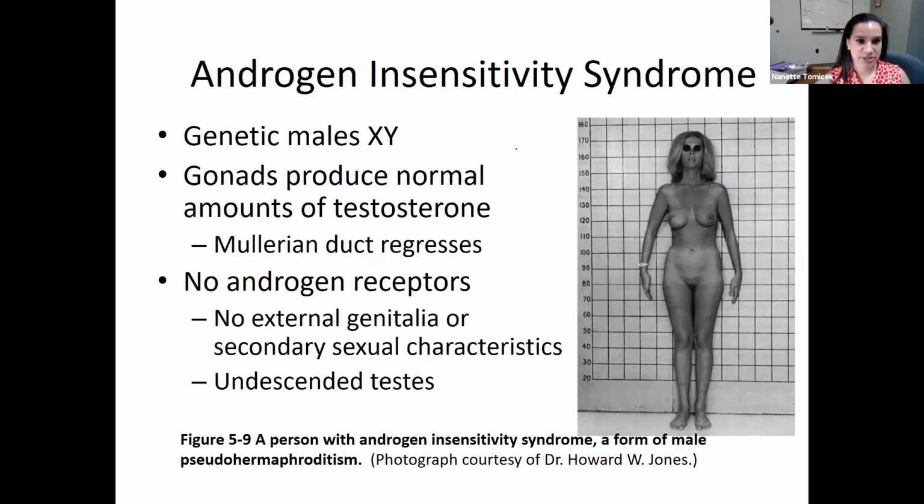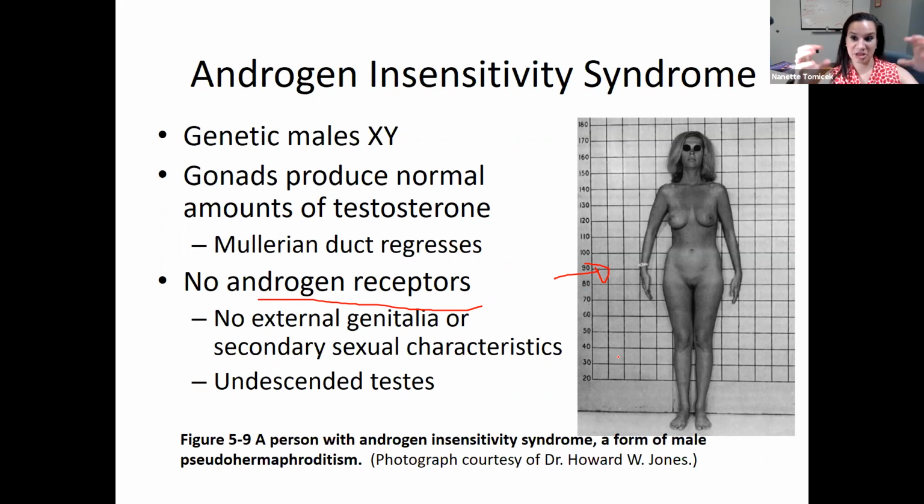Someone that has androgen insensitivity, XY male, testes make testosterone, but they have no receptors for testosterone and other androgens. So the body is essentially blind to the testosterone. That testosterone will influence the Müllerian duct to regress. So internally, they're going to have